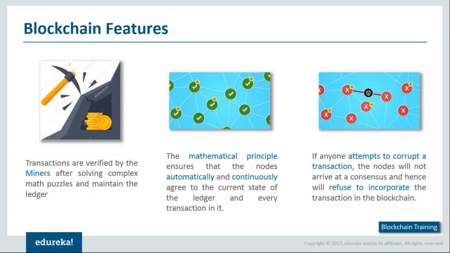So even if you try to modify one specific transaction or even a block as a whole, it is not quite possible because everyone who's part of the blockchain has the complete copy. So even if you try to change it, it is not reflected. As we had seen in our previous example when we were talking about the peer-to-peer network.